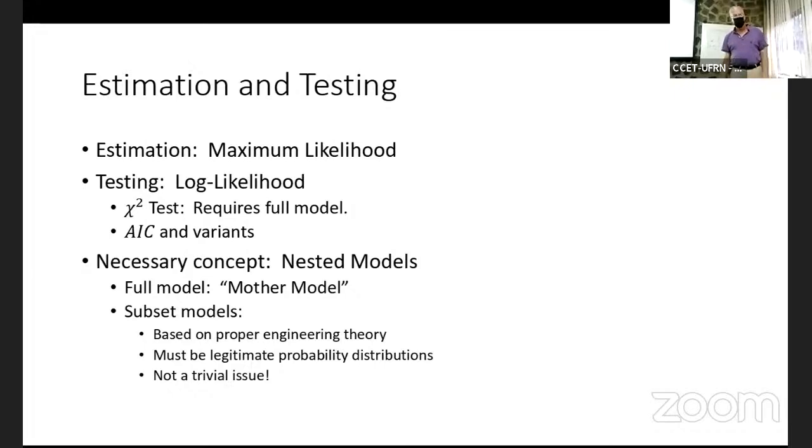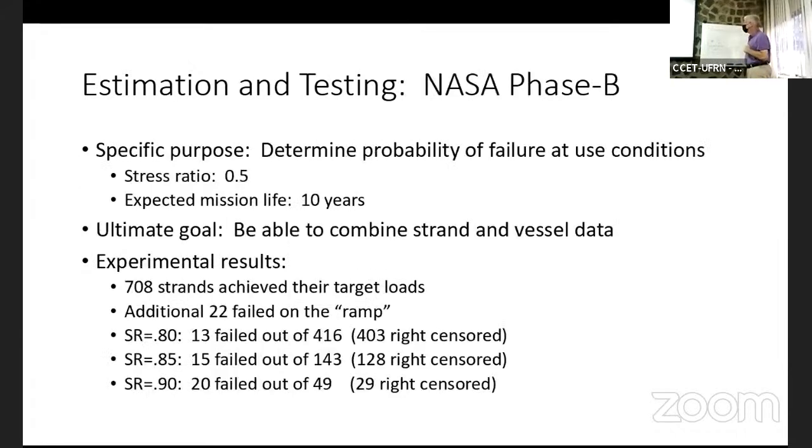The most recent version of Meeker, Escobar, and Pascual actually uses AIC in these chi-square tests. I was glad to see Bill had done that. And that is actually helping me in working with the NASA people to be able to reference that. Although it's an obvious thing, believe it or not, being able to reference that to the engineer is important. Next slide.